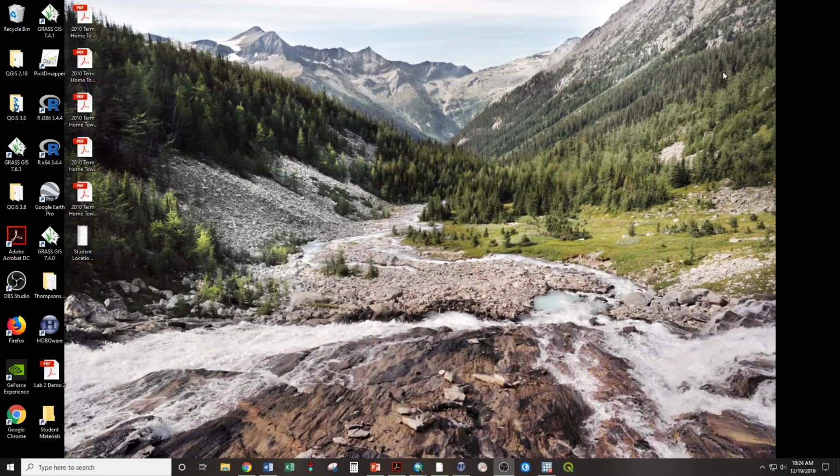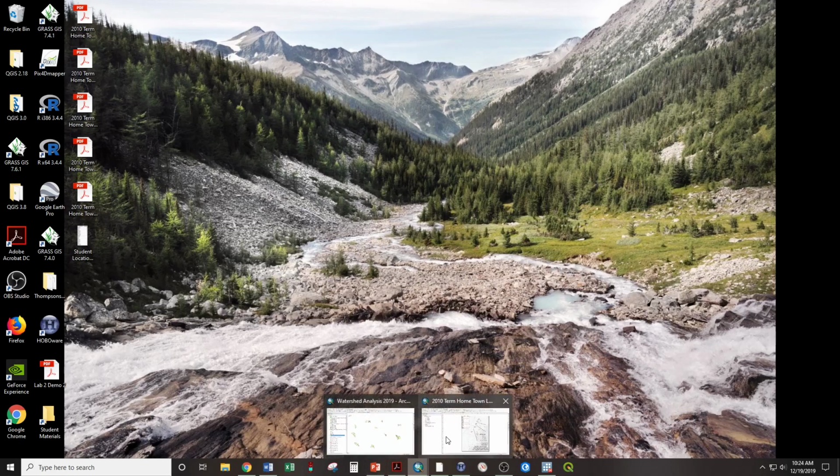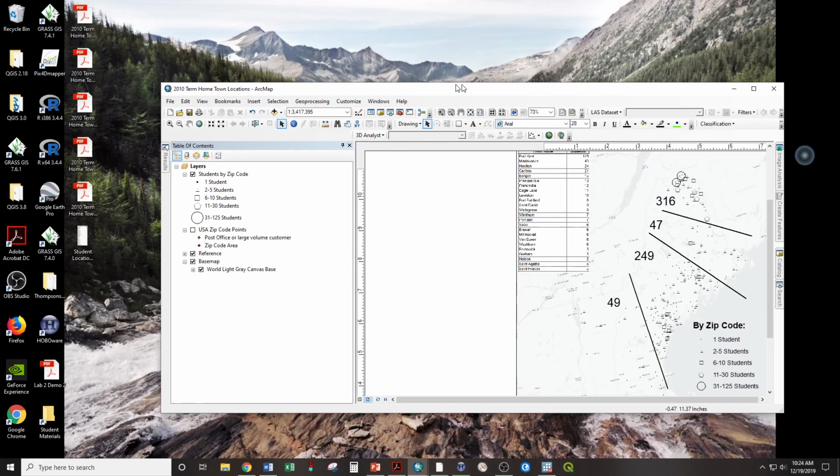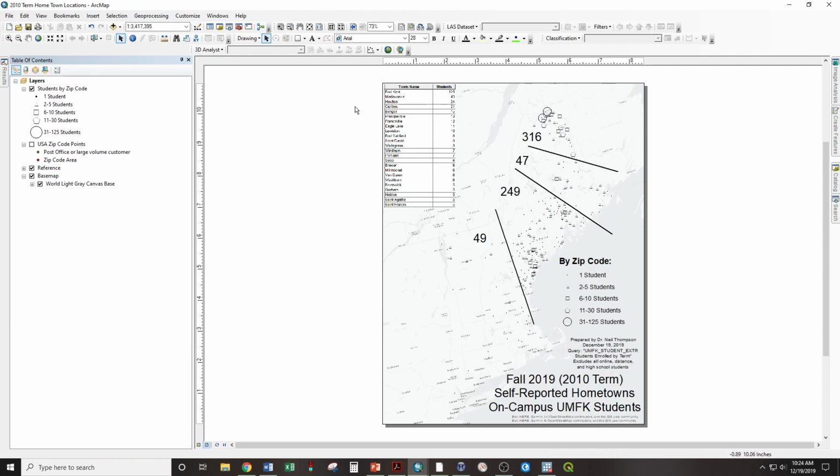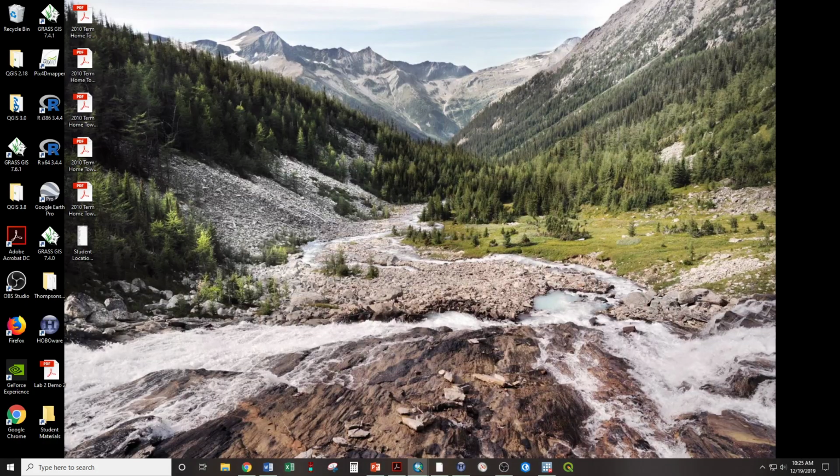So let's see what that looks like in ArcMap. Here is my finished product, what I just exported, and I'm going to walk you through all of the steps to create this map. You are then going to take your own interpretation of this, maybe separate these data out a little differently, maybe look at just southern Maine, draw these lines in a way that seems appropriate to you, especially if you're that guy from Greenville. So let's get that out of the way, and our first step is going to be some